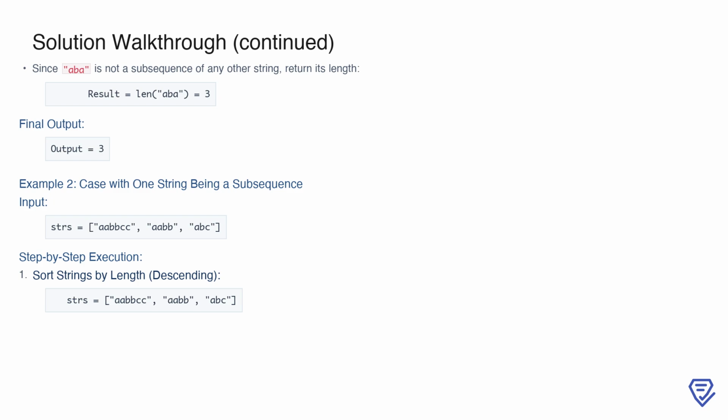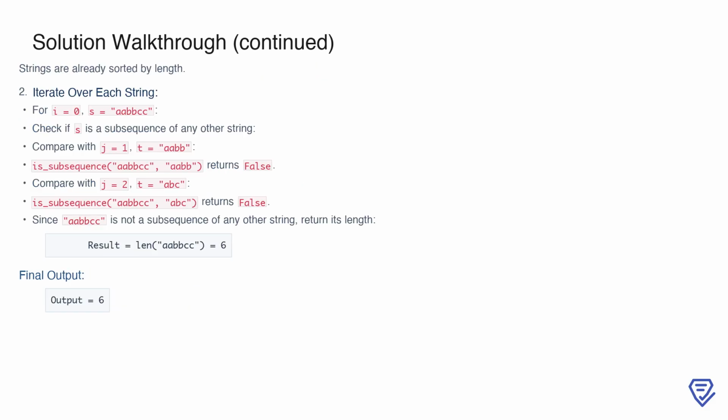Now, let's proceed to the second example, where we have the input strings AB, AB, and ABC. The first step is to sort these strings by their length in descending order. After sorting, the order remains the same: AB, AB, and ABC. With the strings sorted, we now begin iterating over each string to check if it is a subsequence of any